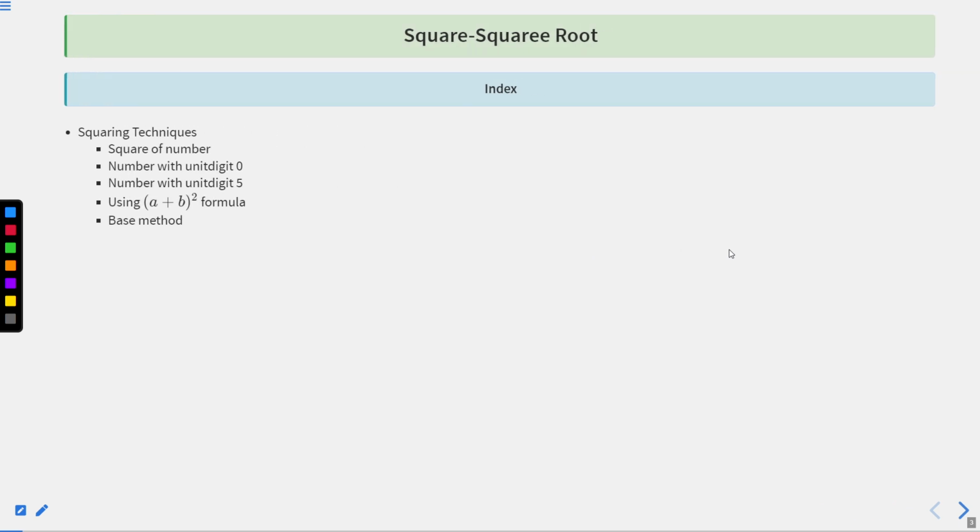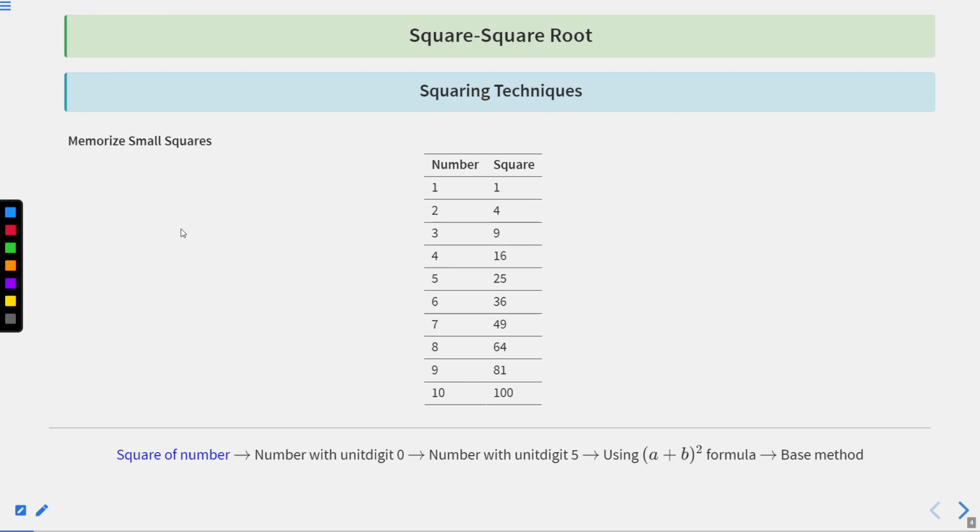So today we are going to study squaring techniques. We will see some techniques so that you can find the square of a number very fast. First of all, we will see some squares of numbers, and then we will see numbers with unit digit 0 and numbers with unit digit 5. Next we will see how you can use (a plus b) whole square to find the square of a number. And next we will see the base method. So first of all,